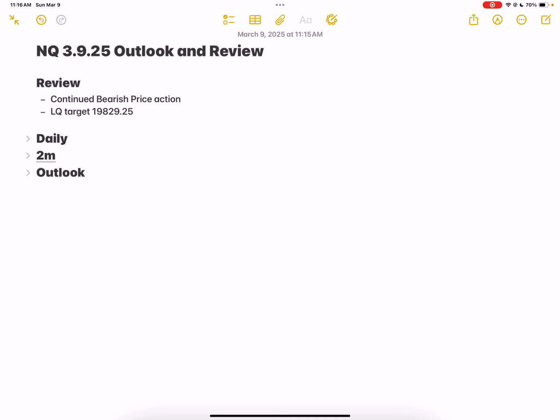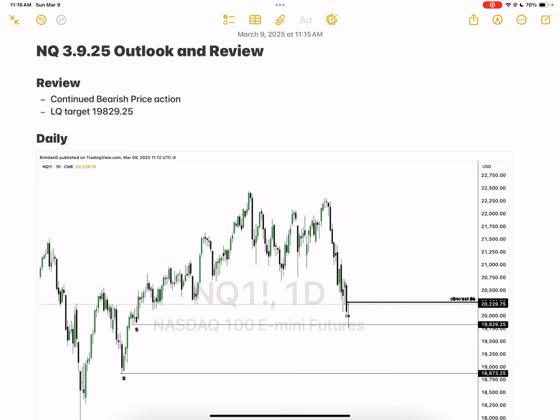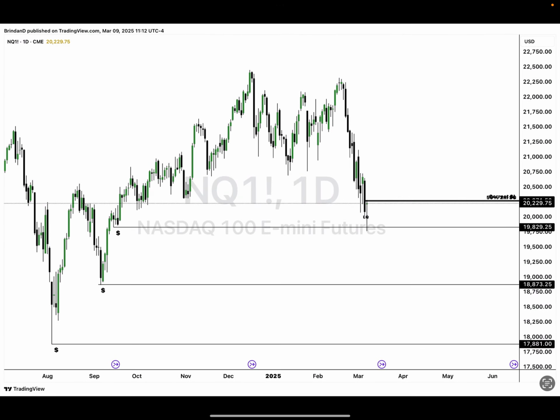All right, so this is NQ 3/9/25 Outlook and Review. So let's go ahead and get into it. So the review, if you remember from the 3/6 Outlook and Review, the outlook was continued bearish price action, and the liquidity target was 19,829.25, which was the next structural point, also a liquidity point in the markets from the macro perspective. Well, we reached that on Friday,